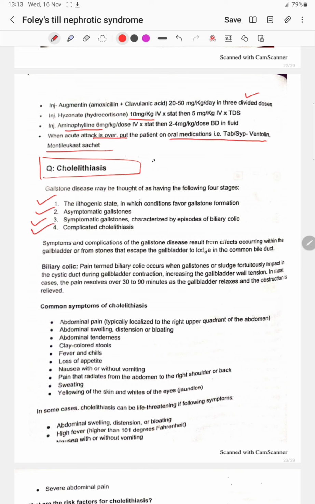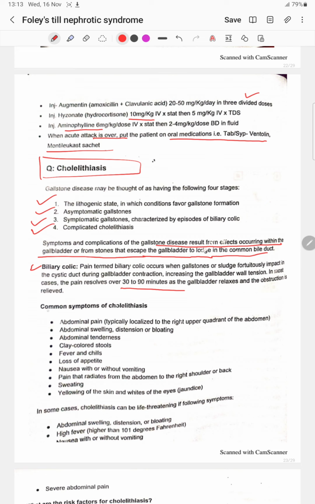complicated cholelithiasis. The symptoms and complications of gallstone disease result from effects occurring within the gallstones or from stones that escape the gallbladder into the common bile duct. The pain termed biliary colic occurs when gallstones or sludge fortuitously impact in the cystic duct during gallbladder contractions, increasing the gallbladder wall tension. In most cases the pain resolves over 30 to 90 minutes as the gallbladder relaxes and the